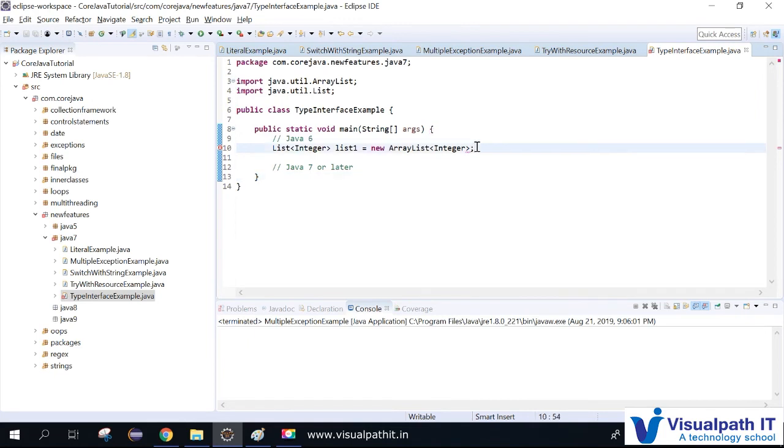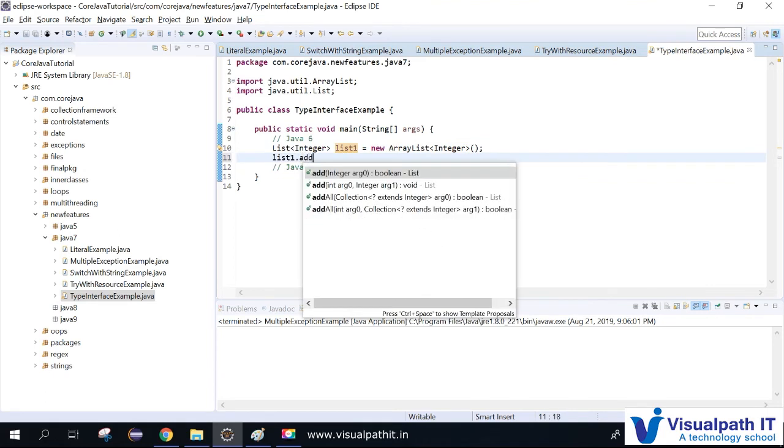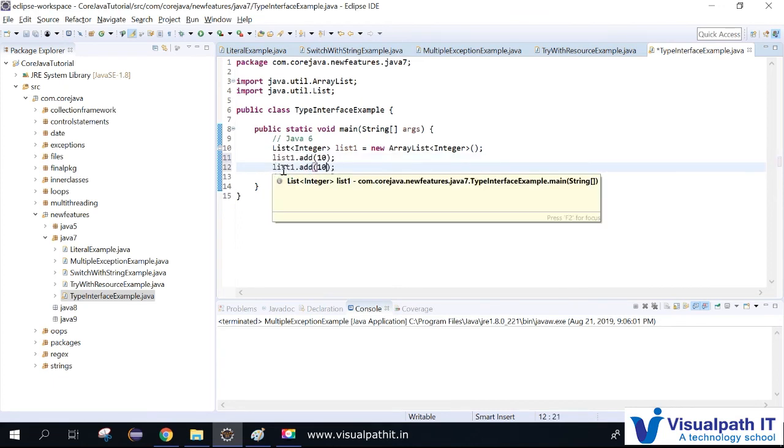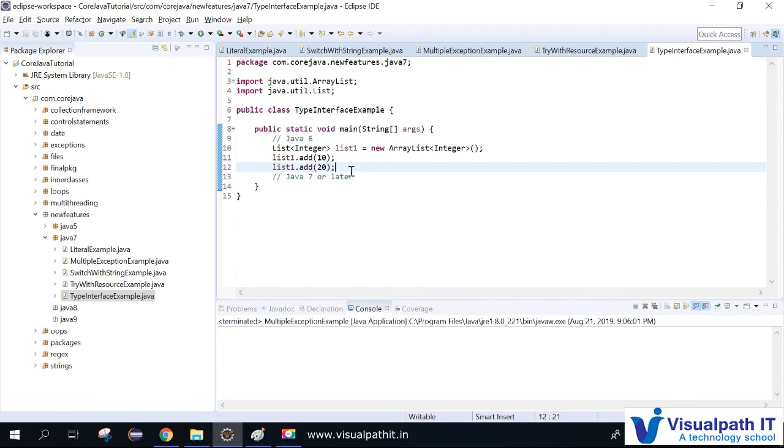So it just created a list object. This is what I'll be using without type inference. For the list, you can add a number of elements, like list.add of 10 or 20 or anything, and you will be using that list for your further programming.